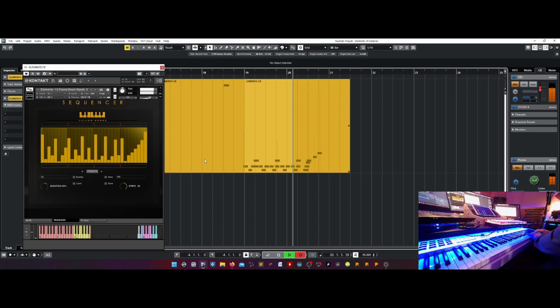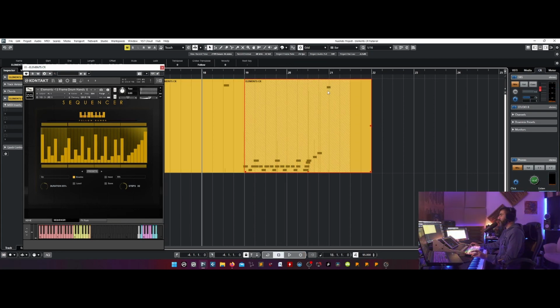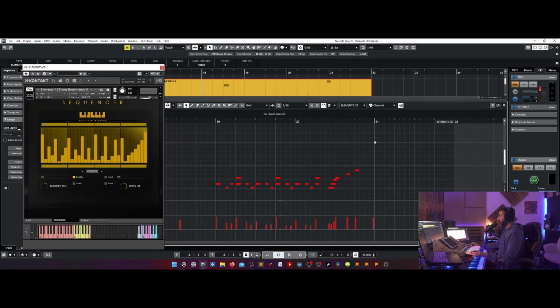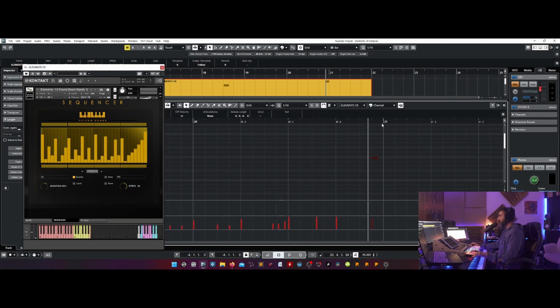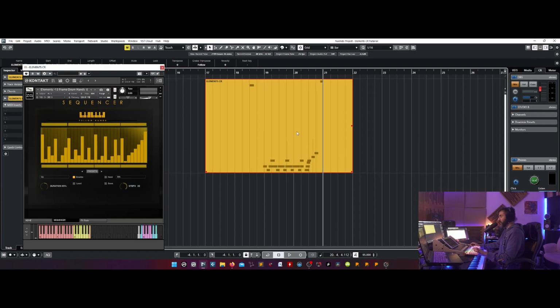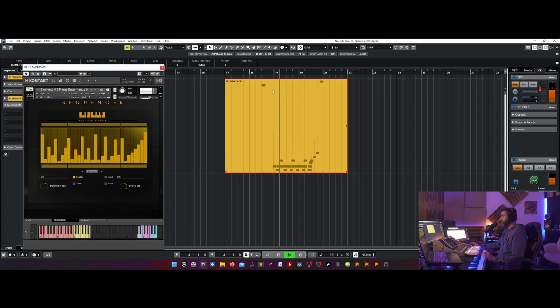After this part, I go with the sequencer. So I record the second key switch, the blue color, which is this one. So from this bit I have the sequencer activated, right? Let me try.